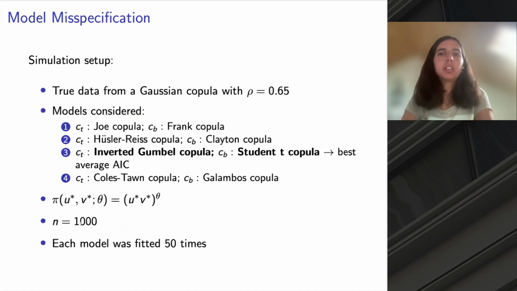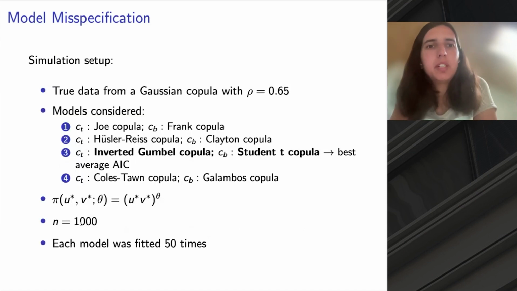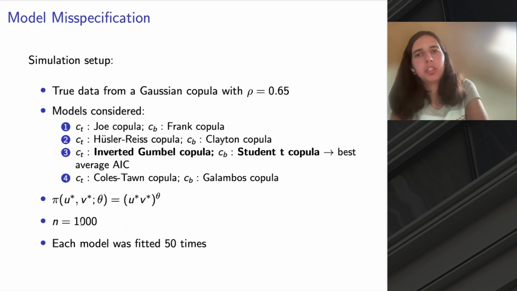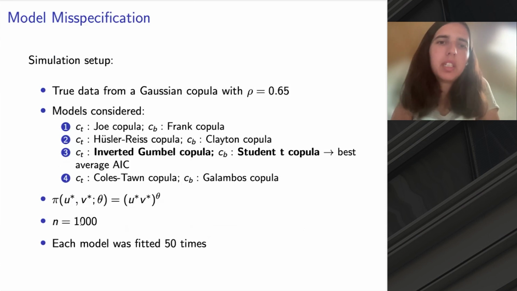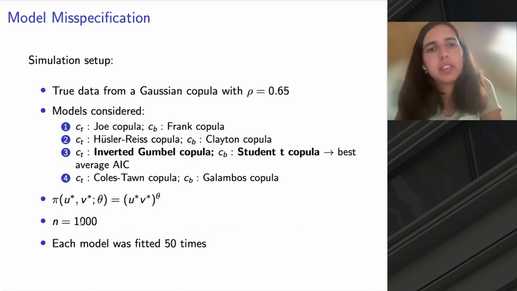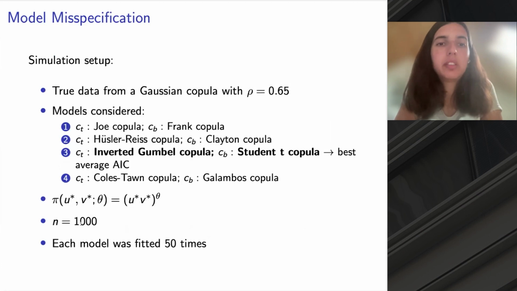We also consider a different case of misspecification, so having true data coming from a copula, but not having this copula as one of the components. So we have the data coming from a Gaussian copula with this parameter, rho, 0.65, and we consider 4 different models. These ones here that I listed here, and according to the best average AIC, the model that was fitted